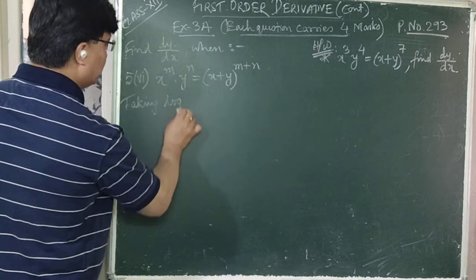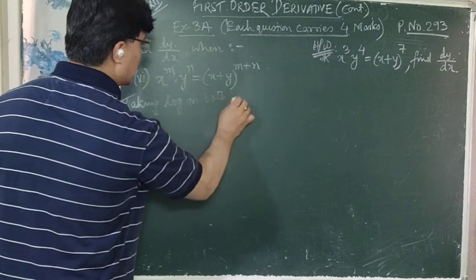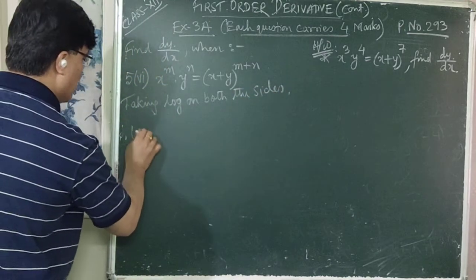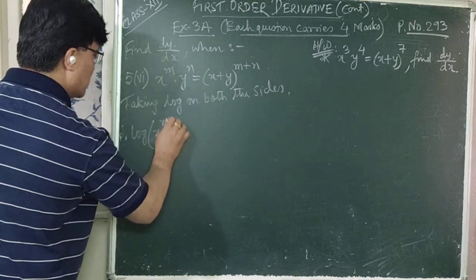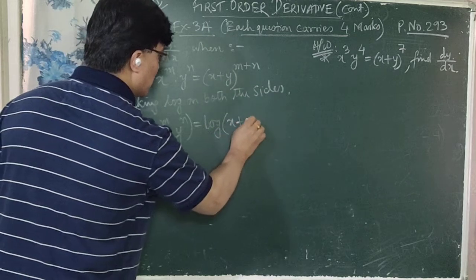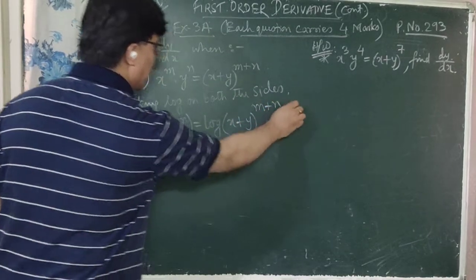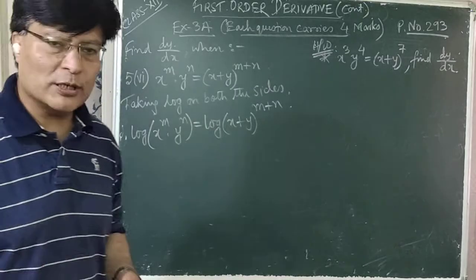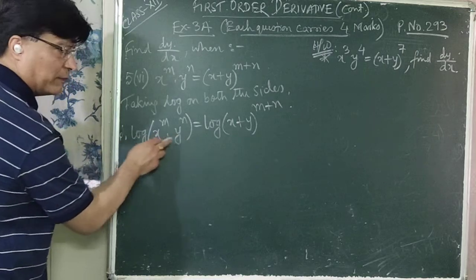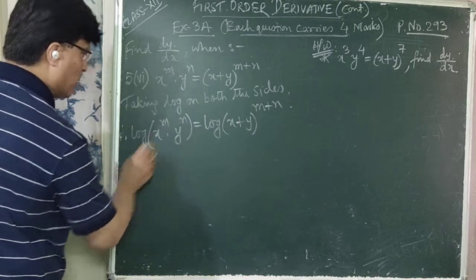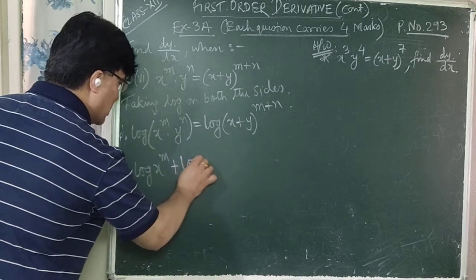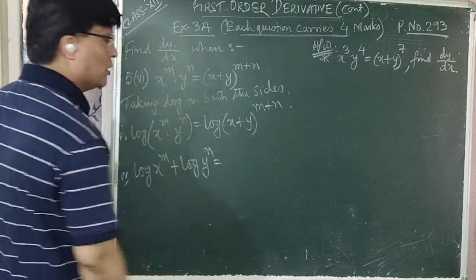Taking log on both the sides, what do we get? Therefore, log within bracket x to the power m into y to the power n is equal to log of x plus y whole to the power m plus n, right? So now you can use the properties of logarithm here. It is just like log of AB form. A here is x to the power m, B is y to the power n. So log A plus log B, so it is log x to the power m plus log y to the power n is equal to